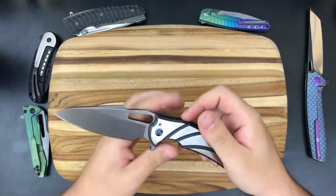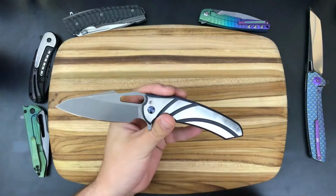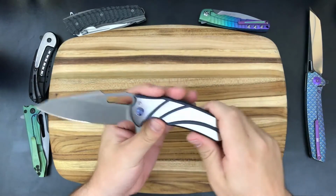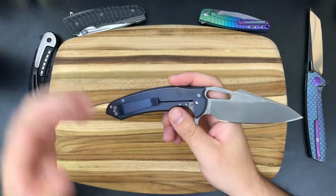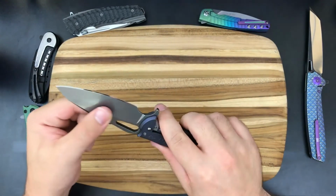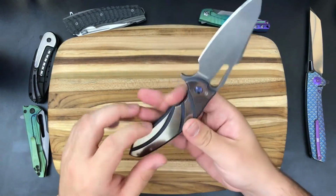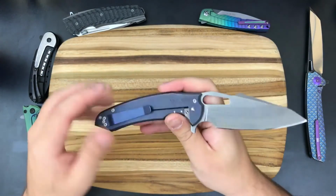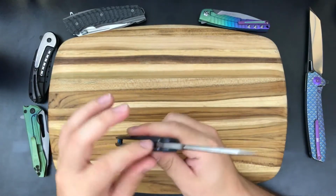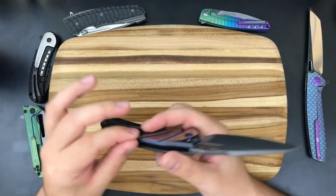And what I mean by that is, the shape and the Mako-ness and definitely what you have going on in the blade is very Gavko in nature. But the entire construction of the knife is completely of Ferrum Forge. It's a Ferrum Forge finish on the blade. It's a Ferrum Forge kind of finish on the handle as well. It is a Ferrum Forge clip. It is a Ferrum Forge construction in terms of the handle,